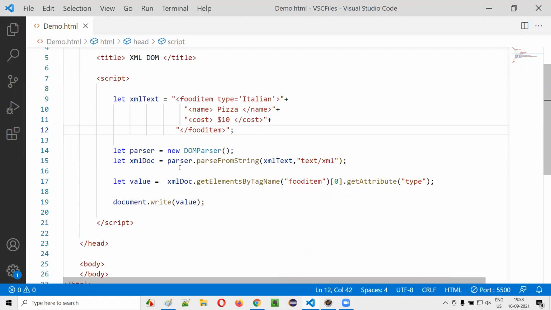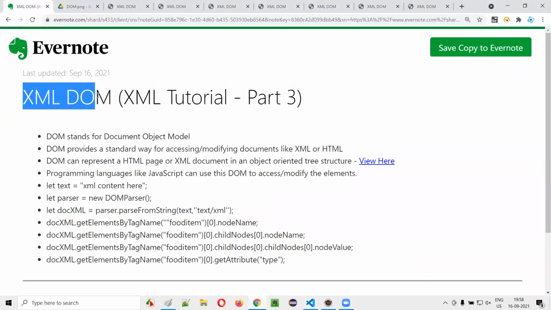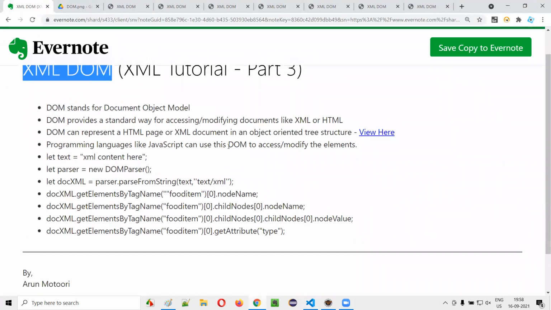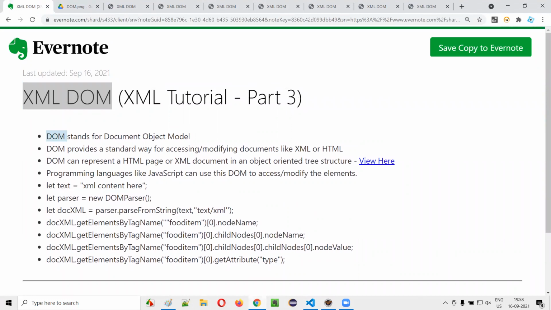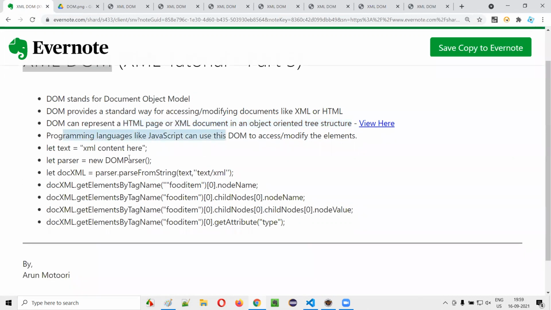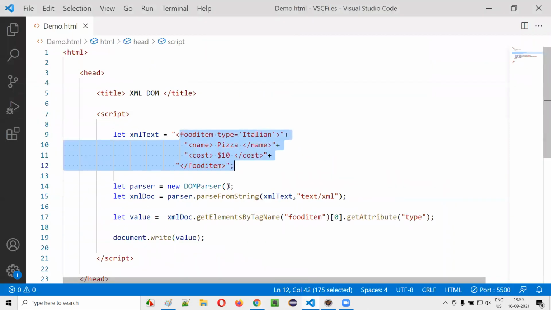So you see here we are using JavaScript, and JavaScript is taking the help of DOM to access the elements of this XML text. So guys, this is a practical demonstration that I wanted to do about XML DOM. Hope you understood what exactly is DOM and how DOM is represented for XML and HTML documents in this object-oriented tree structure. And you understood the hierarchy, right? The root element, child elements, and each and everything was a child element. And how to use JavaScript to access the elements of this XML using DOM. Everything got practically demonstrated in this session.